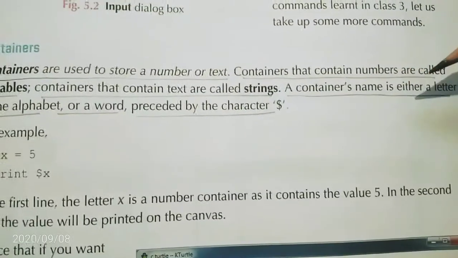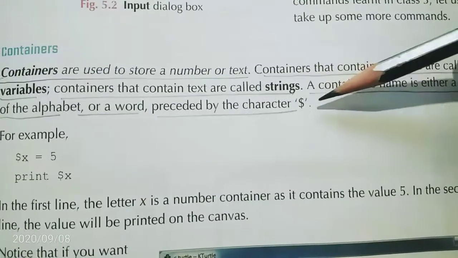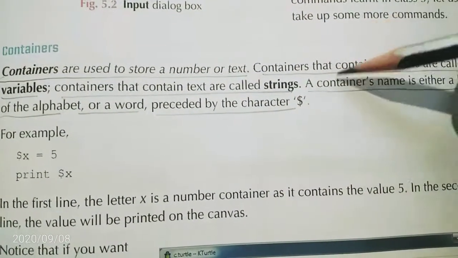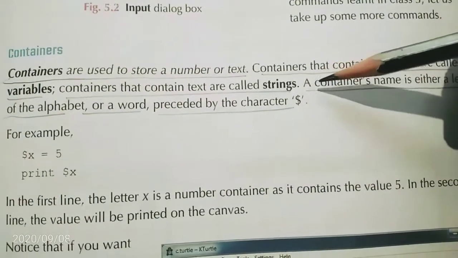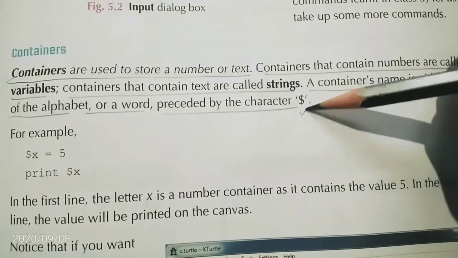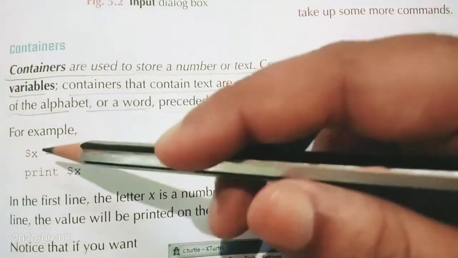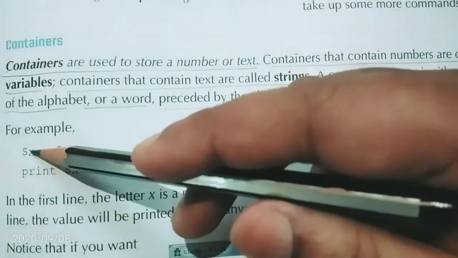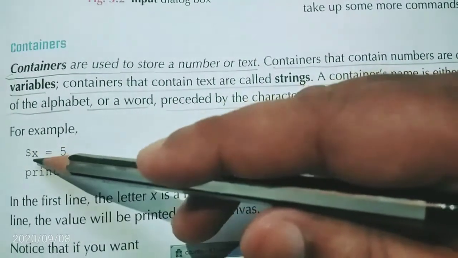A container name is either a letter of the alphabet or a word, preceded by the character $. The name of the container can be a letter or word, and before that this symbol is very necessary. This is the identification of a container. For example, x is the container, and before that the $ sign is given.